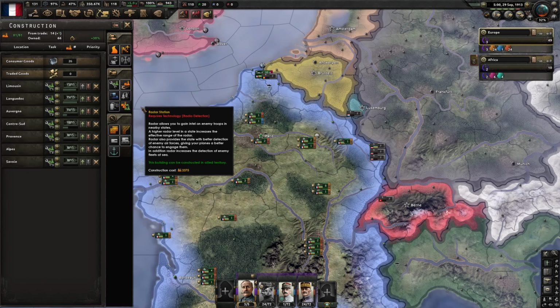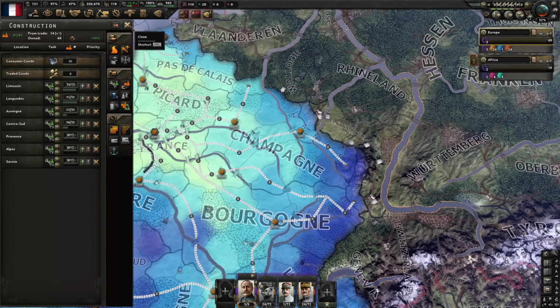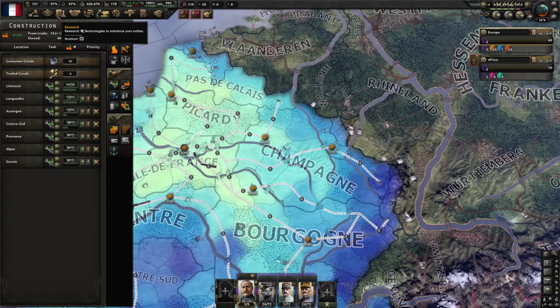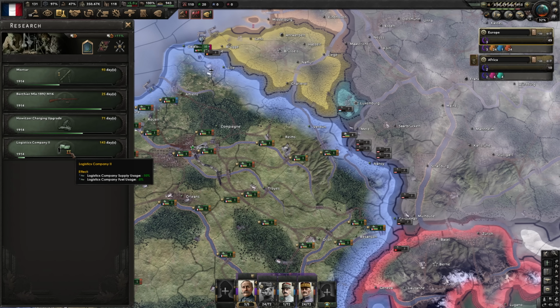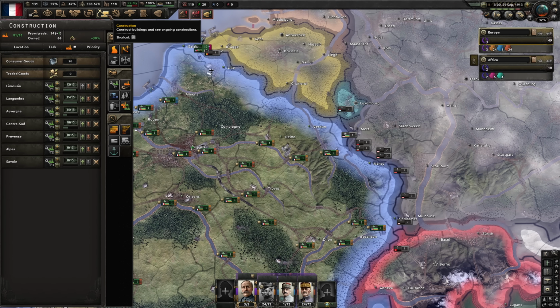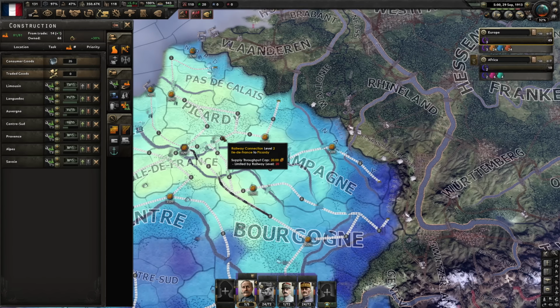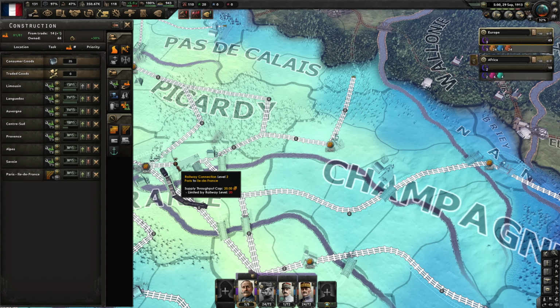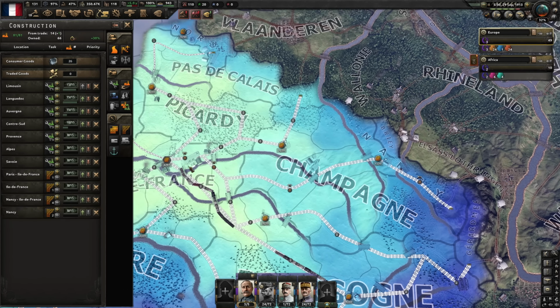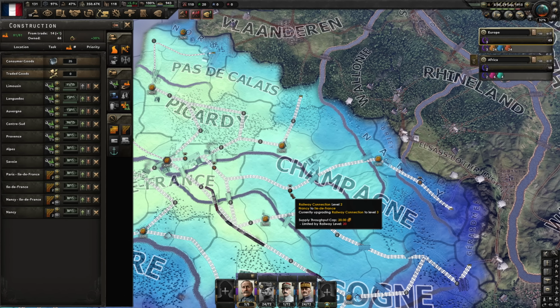Well, only now. We do need to build a railroad to the east, however, because this level 2 railroad really won't support that much. We're even researching logistics company 2 so that we can put those in all of our divisions. Having a lot of divisions able to be on the front will probably help us out, and we're going to add a lot of artillery, hopefully stuff that'll break through so we're not sitting here forever,